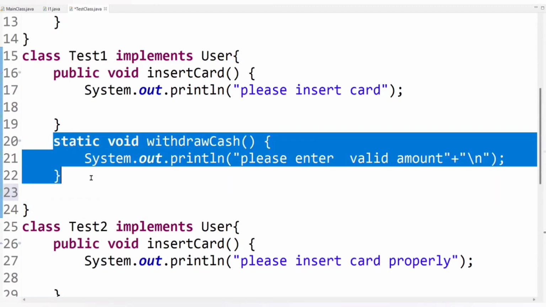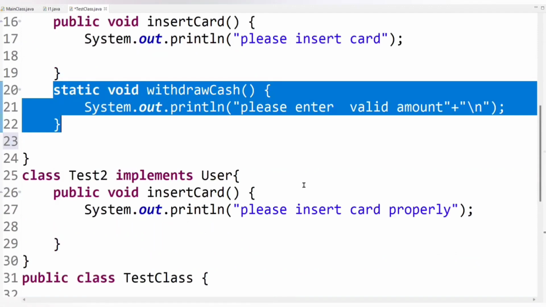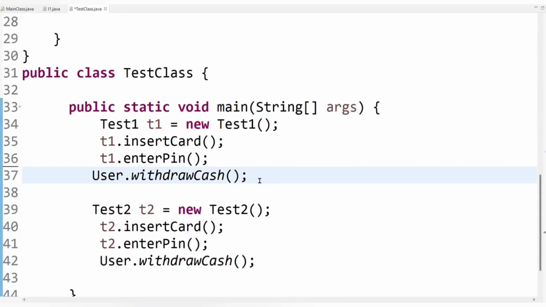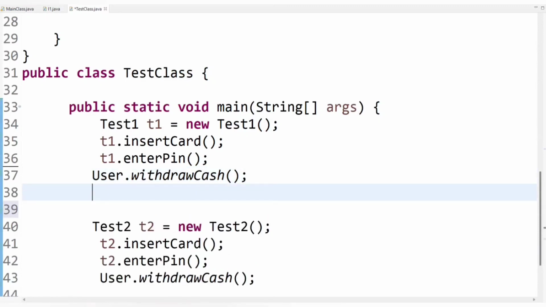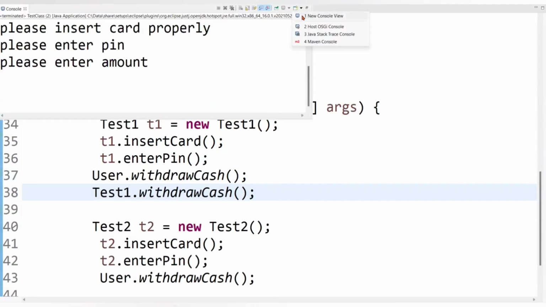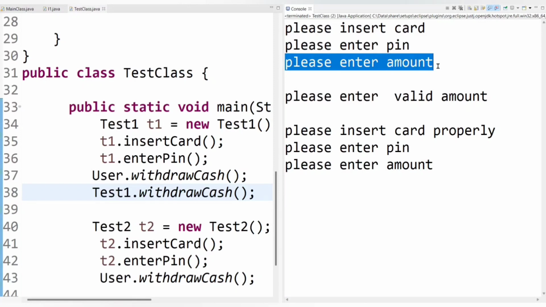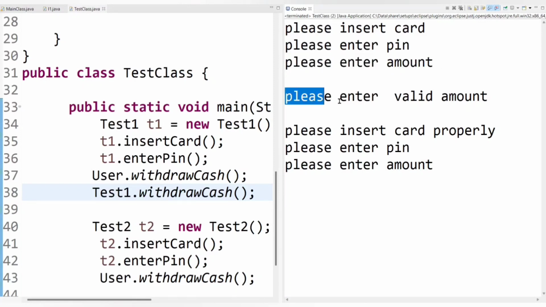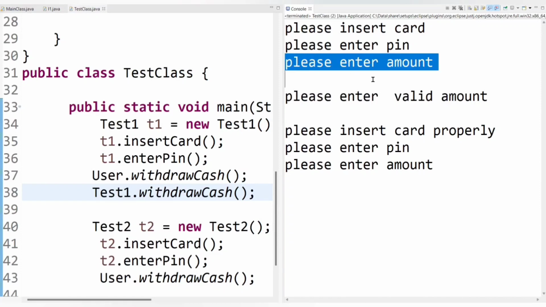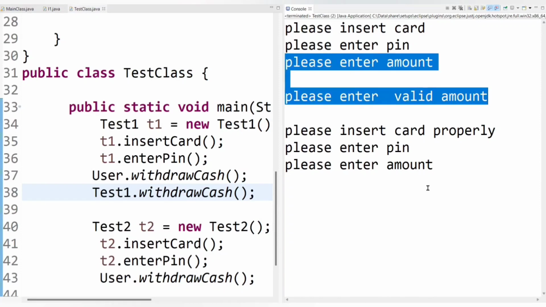So this static method is a class level static method. That is, this static method belongs to a class and hence we will need to call it using the class name. So let's call it using test1 class, test1 dot withdraw cache. Now let's run the code. Now you can see here, this is the output of the interface static method and this is the output of the class level static method. So the output of both these static methods is different and it proves that we cannot override